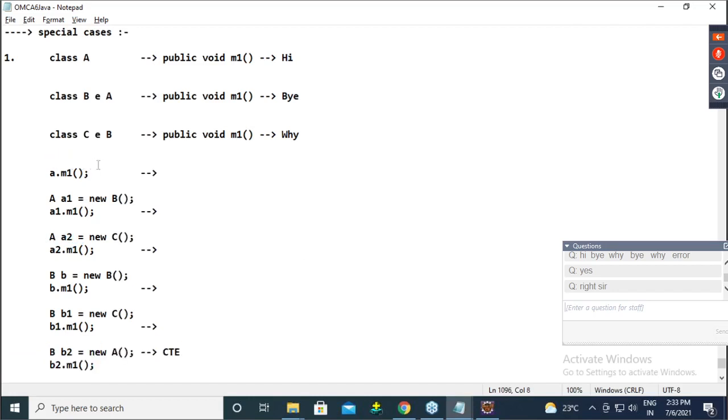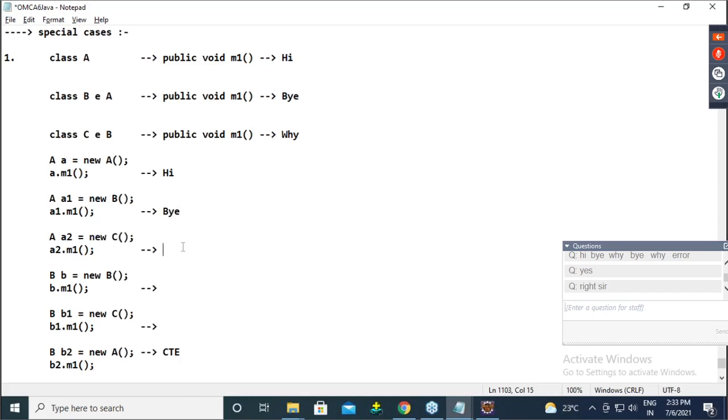But remaining things, see, normal A object, obviously the first output is hi. Second, new of B, class means object of B pointed by A, so overridden implementation, that means by overriding.